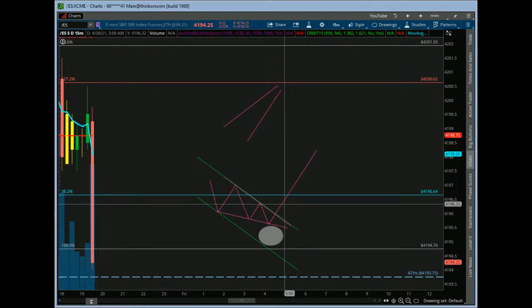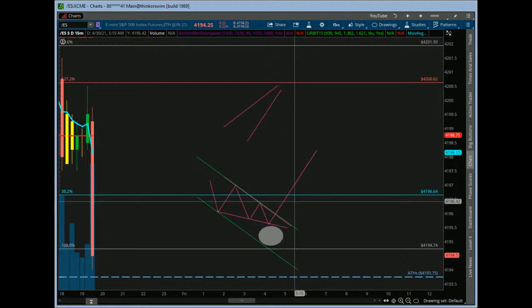So there's two things I just want to mention today. One is not necessarily a contraindicator, it's sort of like confirmation. We'll talk about that in a second. But the next one